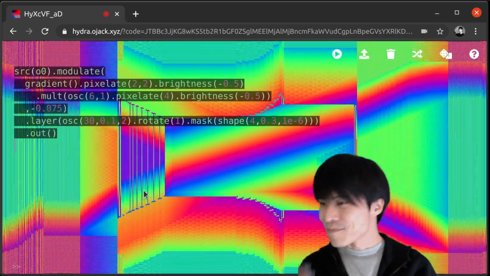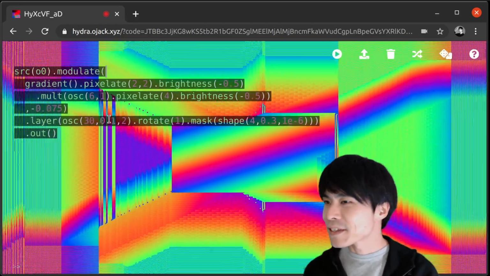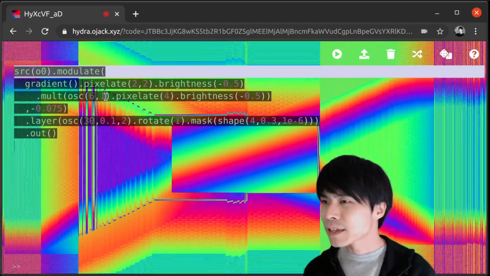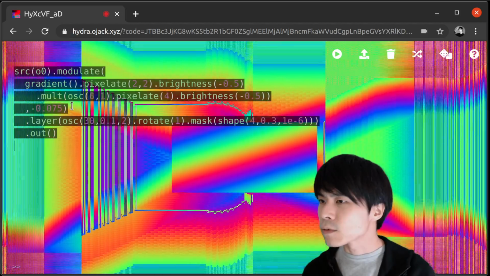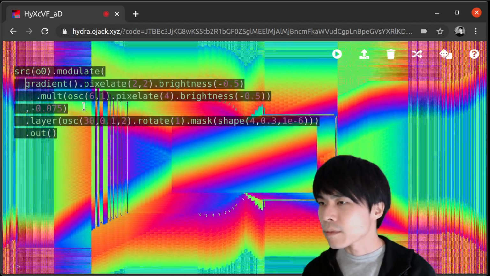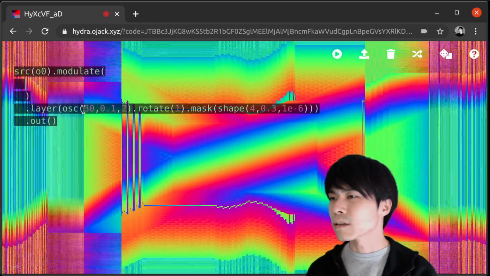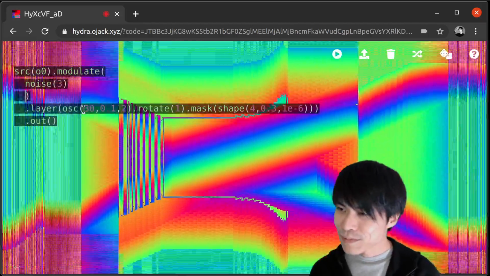Right. This is cool. I think there are some bonus things that I want to cover, but I feel it's already quite a lot. What I might do is, instead of this gradient, you can just actually use any function for modulate, right? I mean, we do it. Like if you do noise,